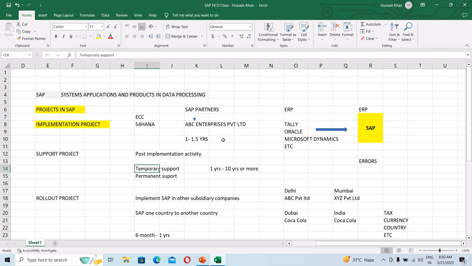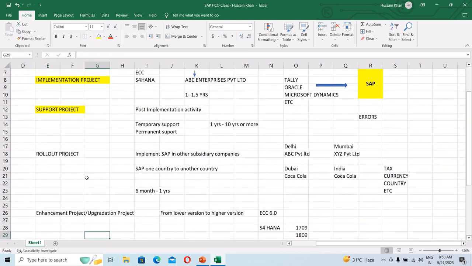Okay, so let's move on to the rollout project. We are done with the support project. So the rollout project is basically,